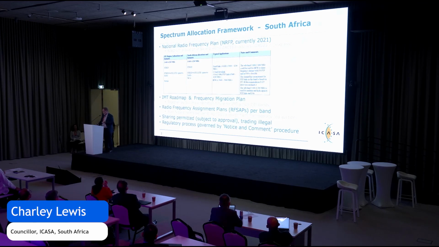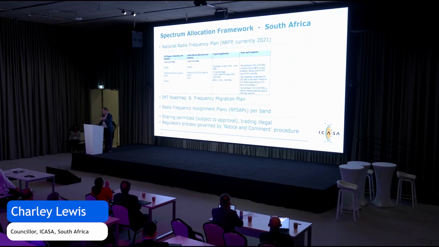So out of that national radio frequency plan, typically what comes out is an IMT roadmap, which sets forward the way in which we will deal with assignment of spectrum to IMT services, and a frequency migration plan, which tends very much to be migration out of the band so that IMT can move in, unfortunately, but that's the way things go.